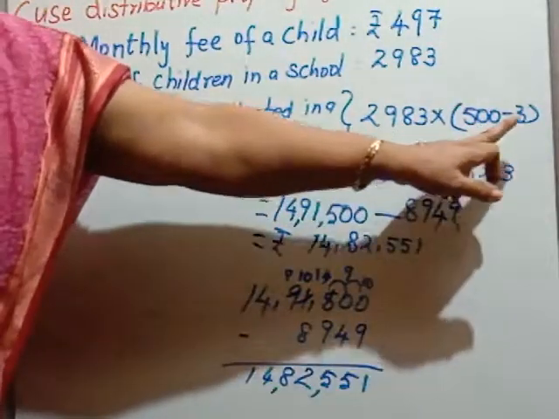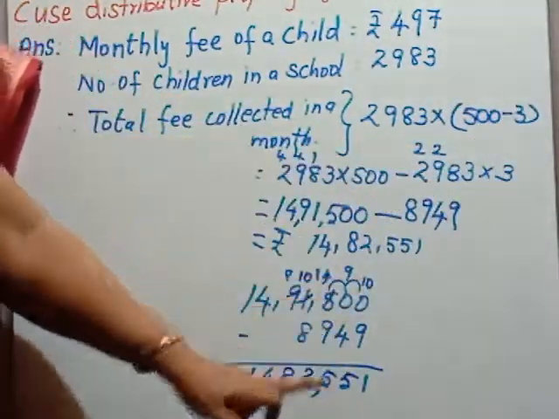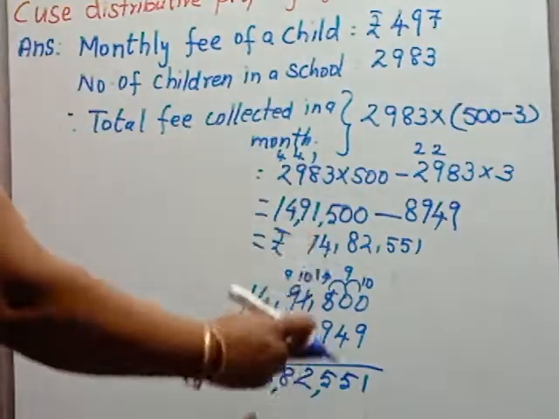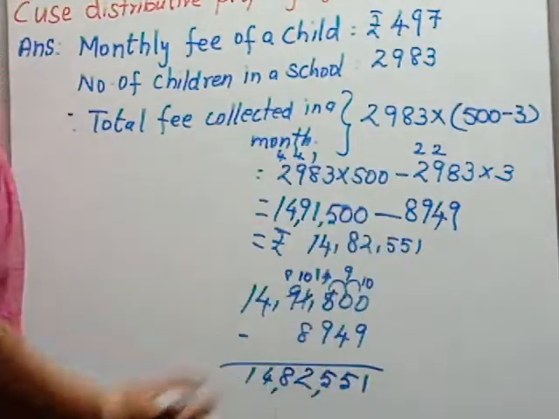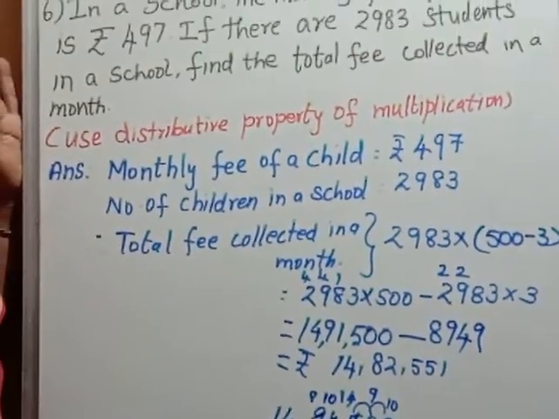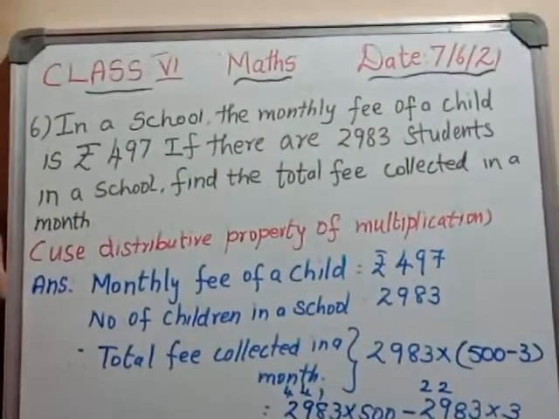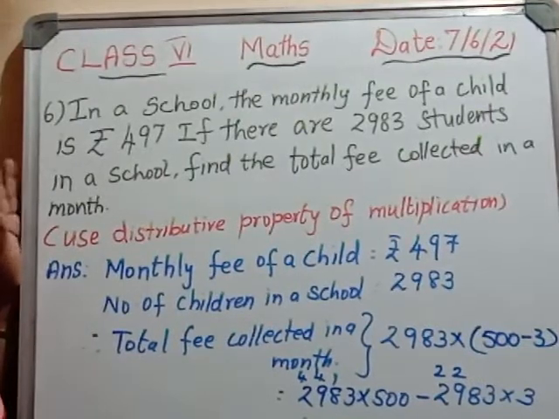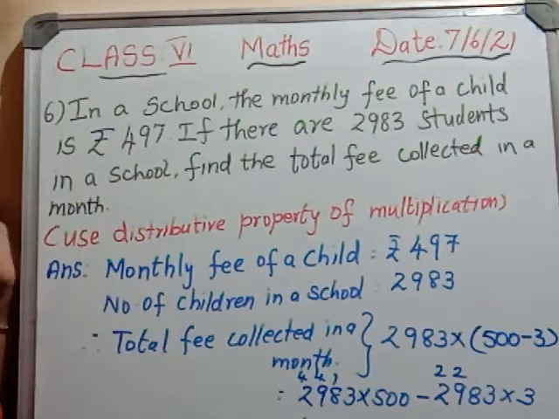We are implementing 500 minus 3. Then we are getting the answer. For your multiplication, it will be easy and you will get the answer easily also. So please solve all these problems in your CW. Only one sum I gave today as homework. That also you complete and try to understand, listen to the videos, try to understand, children.